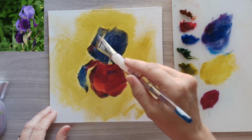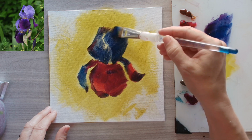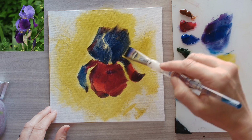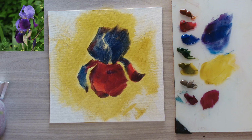And I'm just looking at the shape and just sort of marking out where that goes, where I feel like everything's kind of going there. Okay, and now I can sort of start using my palette knife to mix the colors, and then we'll see where it goes from there. I may use my brush a little more,